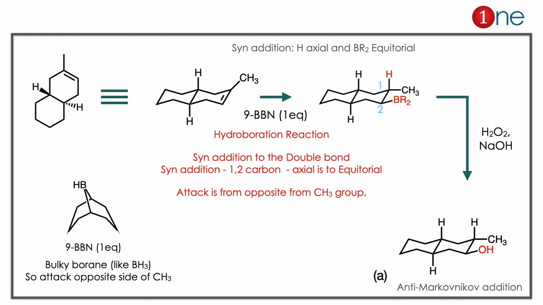The starting material has a trans-decalin architecture. So we redraw it in the chair form because the answers are in the chair form. Then you are using 9-BBN. 9-BBN is a simple borane, but it is the bulky form. It's a bulky borane with a bridged system. It contains 3 members on either side. It is on the bridge. So it's a very bulky borane, so it always goes for the less steric side.